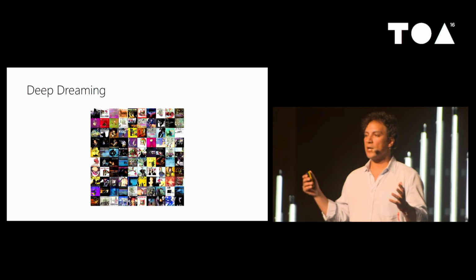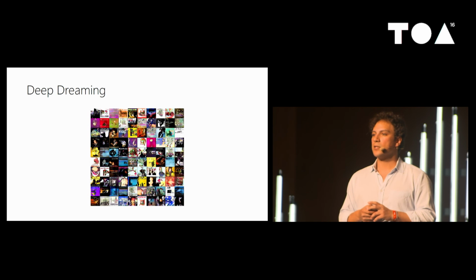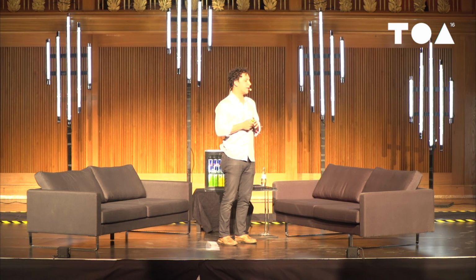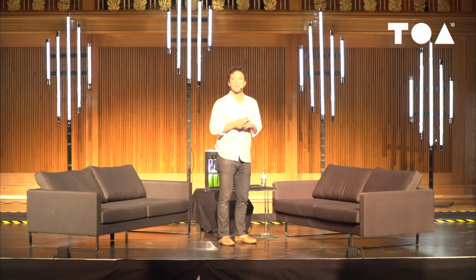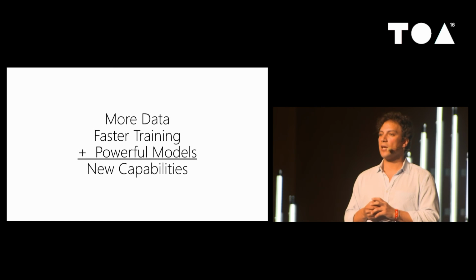So that's about it. I want to leave you with the final point. If you had to learn one thing today, what would you learn? Well, it's that these days, there's a lot more data in the world that represents how humans understand the world. We have faster training because we've evolved the software. We have really fancy hardware. We have all types of things that let us train on humongous amounts of data in relatively short amounts of time. And we have these powerful models that are mostly empowered by advances in neural networks we understand and we're able to bring to bear.